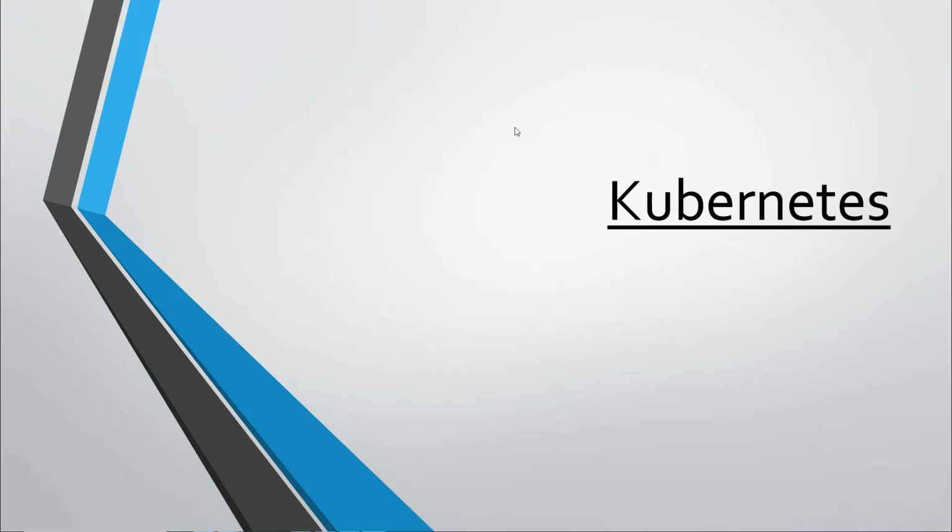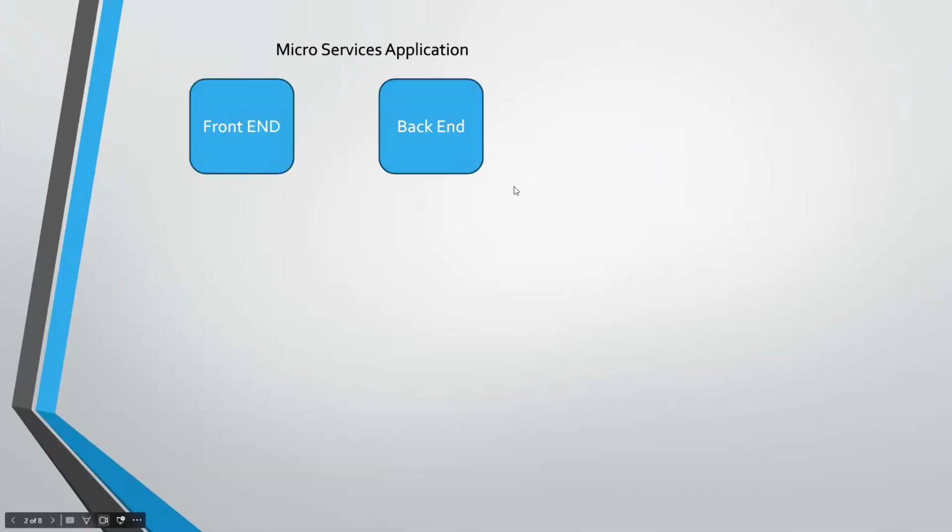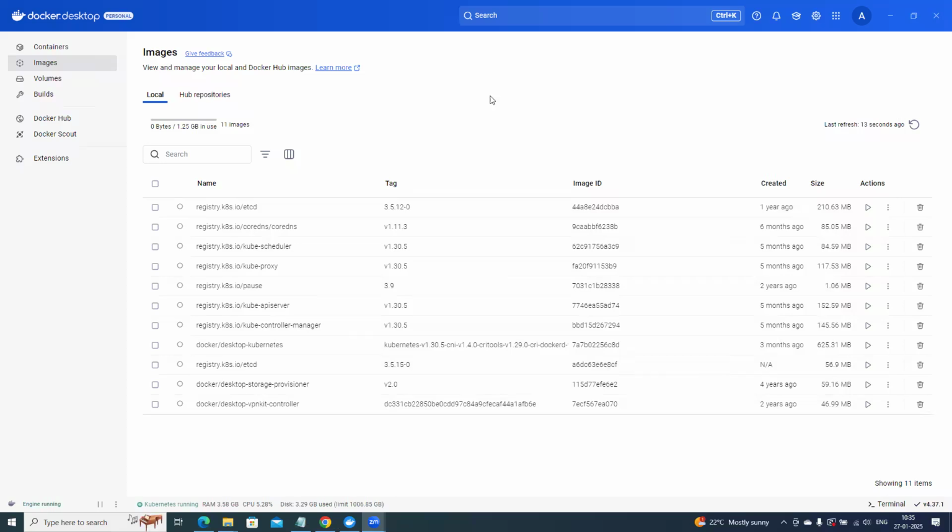The first thing you require is Docker Desktop. You have to install Docker Desktop. So to start with Kubernetes, you need Docker Desktop. This is the Docker Desktop you can see, and here the Docker engine is running, and you also see Kubernetes running. Once you install Docker Desktop, Kubernetes may not